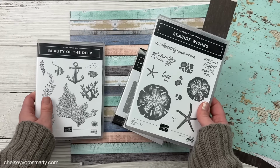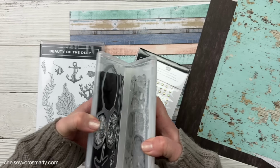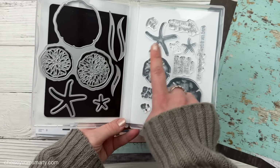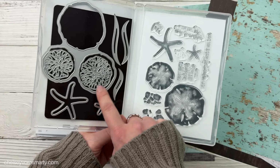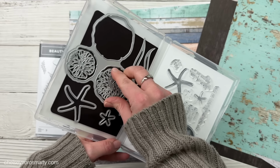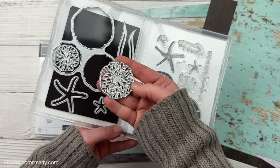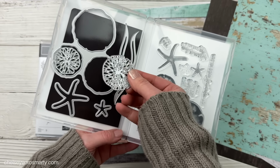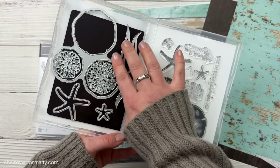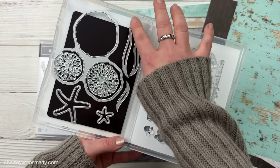cut pieces. So these ones, I really like how they have ones that coordinate with stamps, but then they also have ones that are standalone pieces that don't coordinate with a stamp, but they help you build a scene or build a cluster. Like, look at that great detail. I can't wait to cut into these, as well as some grasses, so they'll give us some height in